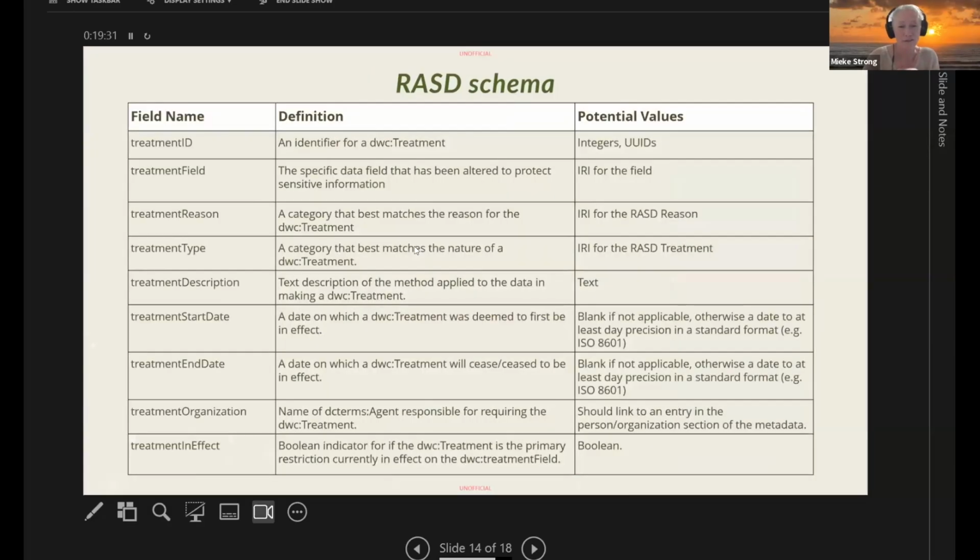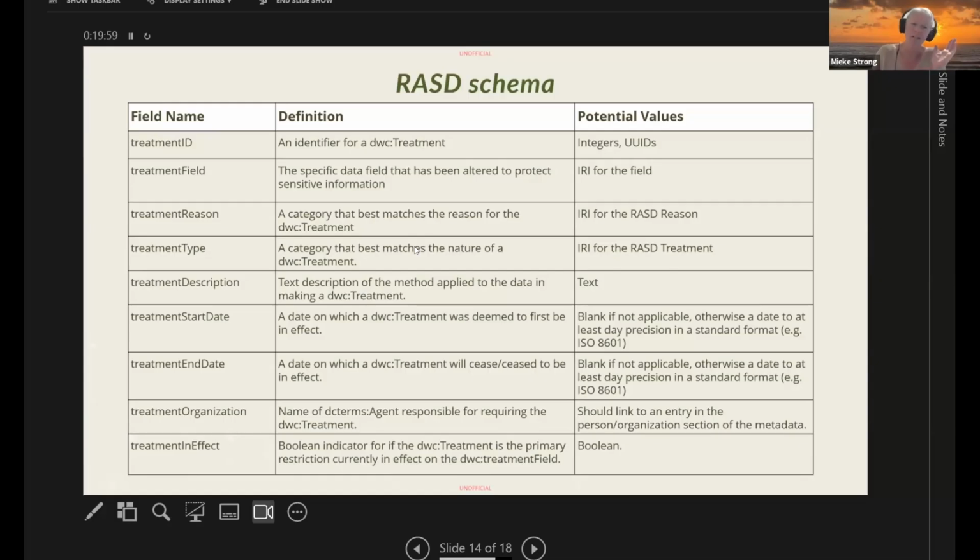We're not going to show you all the fields, because included in all the field options for the Darwin Core data package are a lot of the IRIs and the links to the vocabulary as a whole concept scheme. But what you can see here from the fields that we're implementing into the extension is the treatments have a